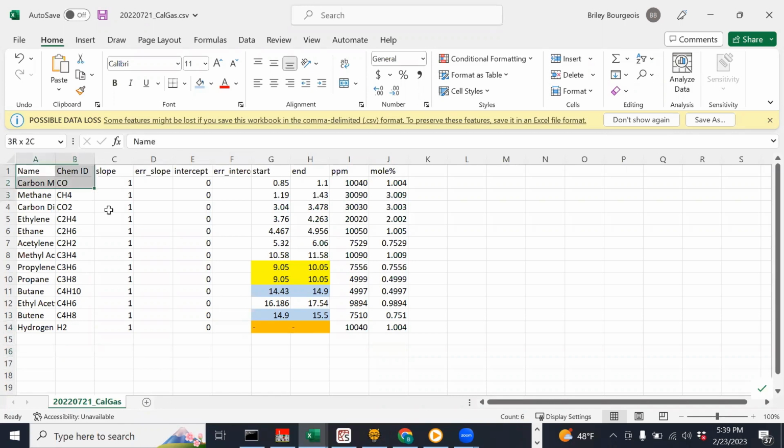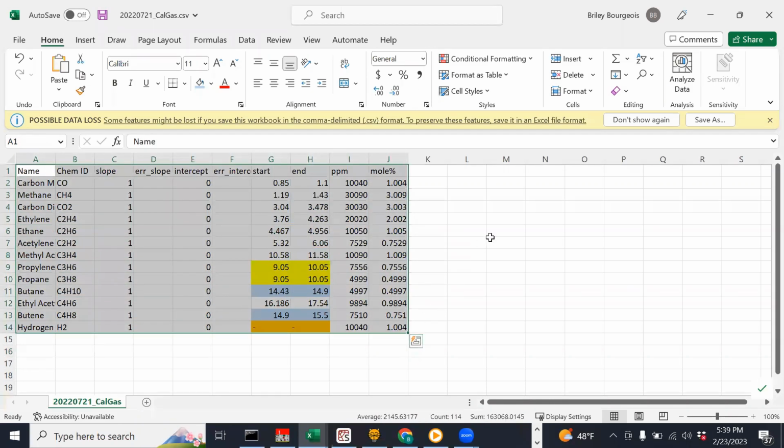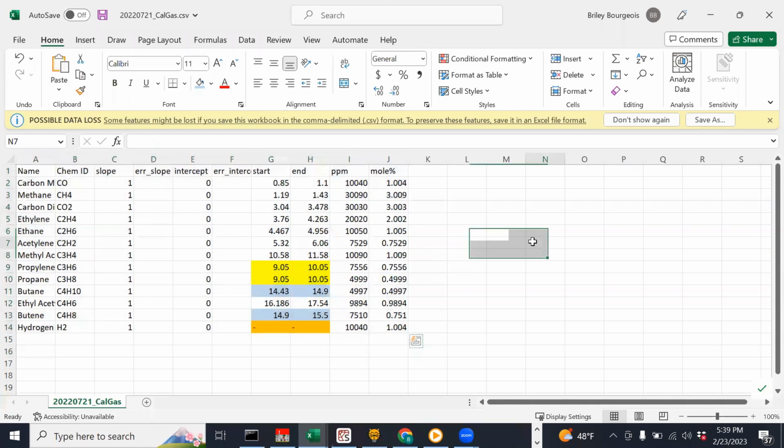There's more information about this on the Read the Docs page, and you can see exactly what this file should look like. But the most important thing to have in at this point is a chem ID number, and this should correspond to whatever the gas library is on your MFC. If these aren't listed exactly the way they are in your MFC,